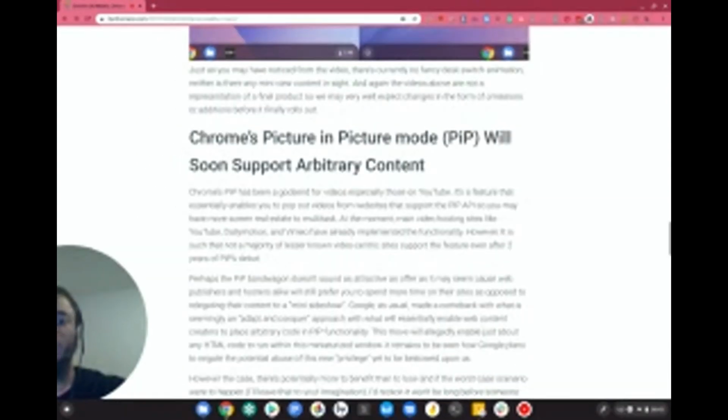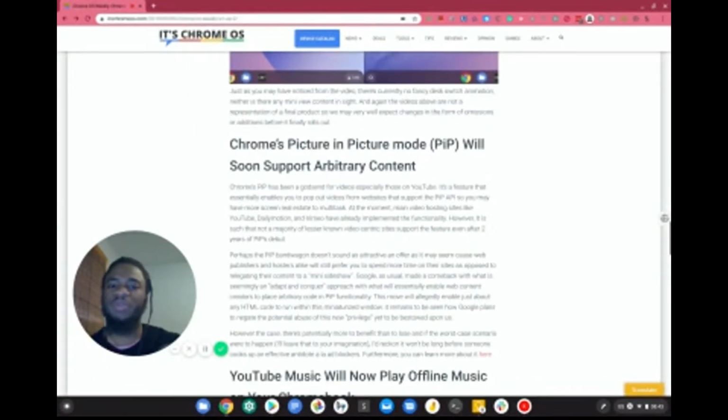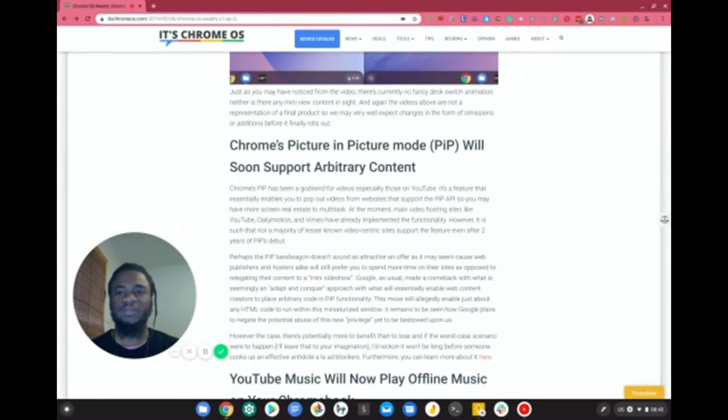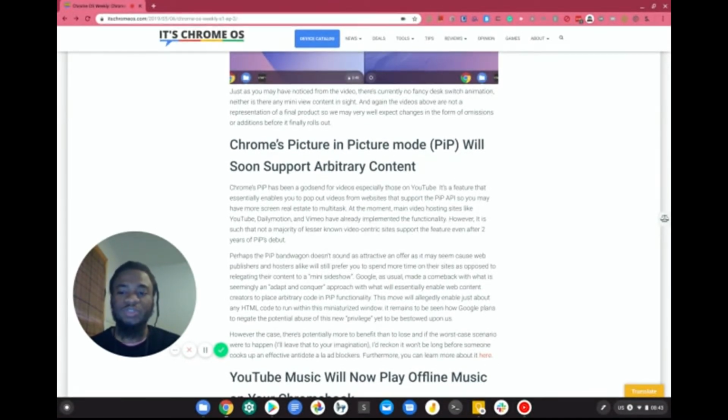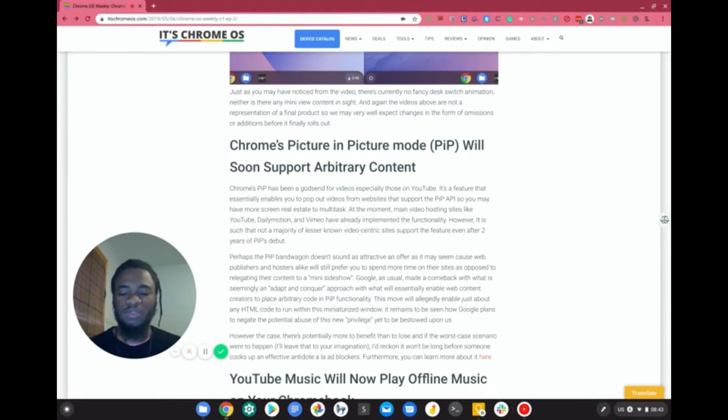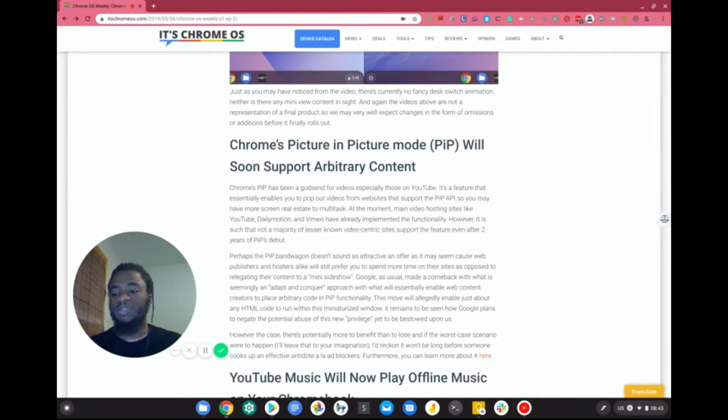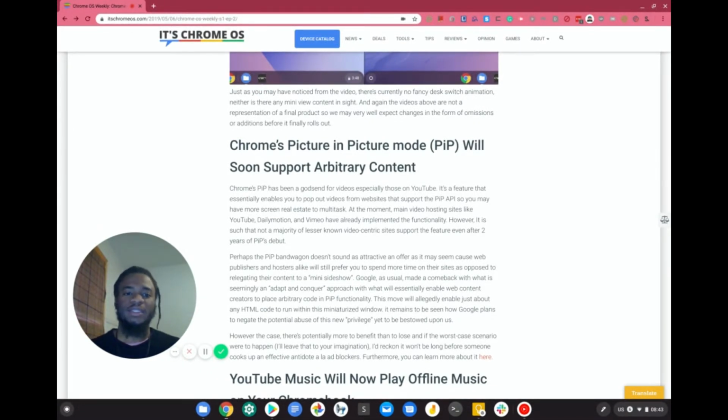Chrome's picture-in-picture mode. Google announced this feature way back in 2017, and it had been worked on for years before it was made official. Essentially, what the feature does is enable you to have your videos pop out, irrespective of the site you may be on. But considering that the API is a relatively new standard on the World Wide Web, there's not been a huge adoption of the feature, and I would reckon that the main reason why that is